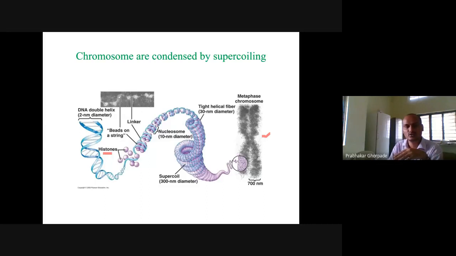In this photo, we can see this white region. This is histone, and the other coil on it is the string of DNA, right? And if you go into further detail, what is this string of DNA? It is a DNA double helix structure, 2 nanometer in diameter. So basically, we have a cell, we have a nucleus, and inside the nucleus we have chromosomes, and in the chromosomes we have a supercoiled structure. How is it supercoiled? Because it contains histones, and on those histones the DNA is wound around it.